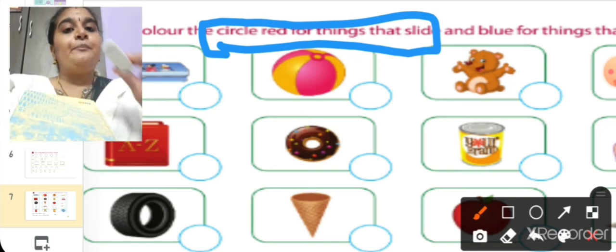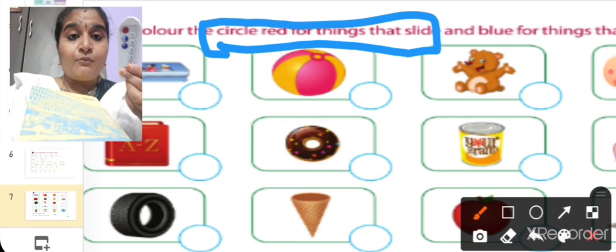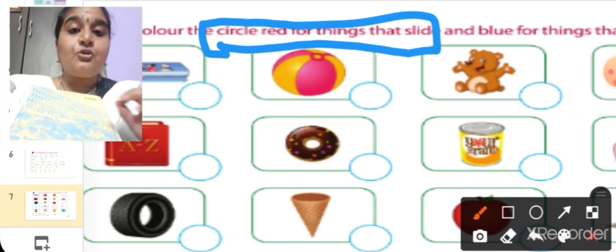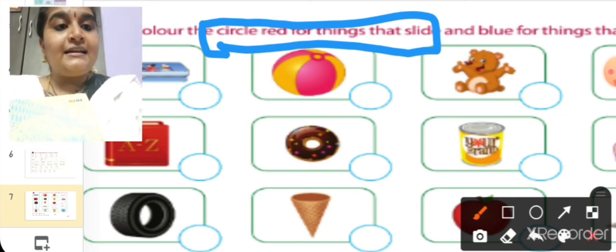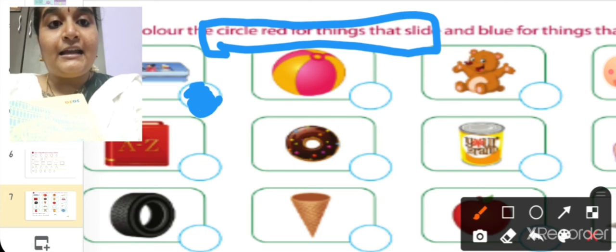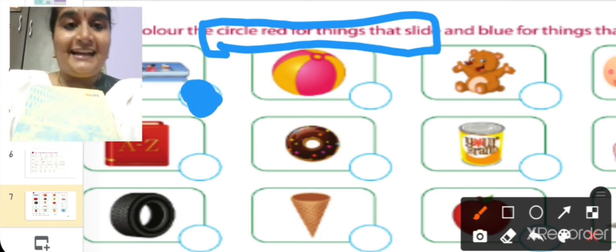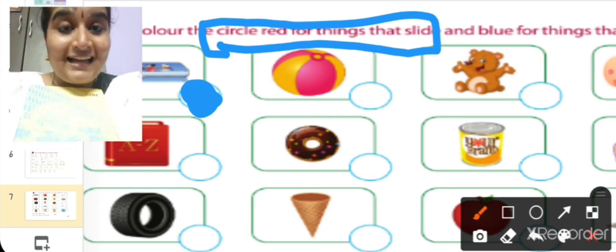For example, eraser, pencil box, remote, they will slide. Like that you have to see in the pictures, and if this slides down, you have to color it red.